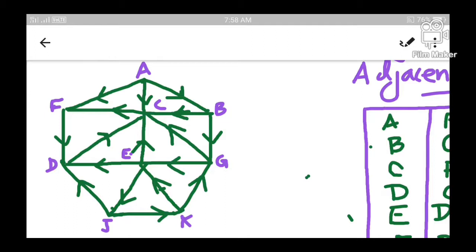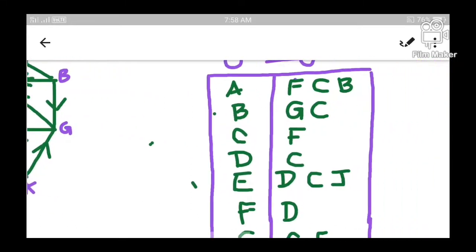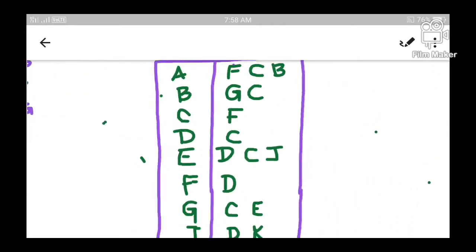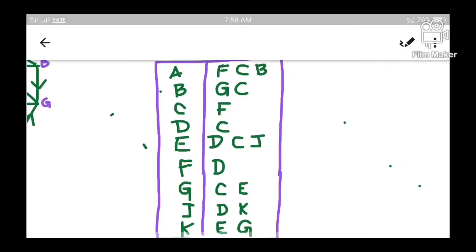Let us see how many nodes are there in this graph. There are altogether 6 and 3, 9. Altogether there are 9 different nodes in this graph. Before proceeding on to the algorithm, let us create an adjacency list. And as said in the previous video, what is an adjacency list? Adjacency list is a table which clearly specifies which node is having what all adjacent nodes to it.